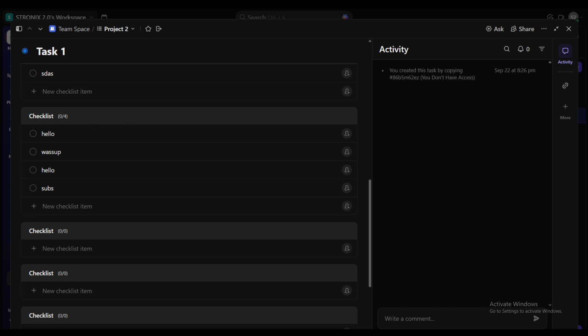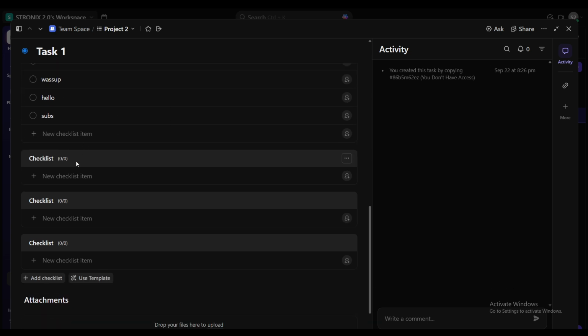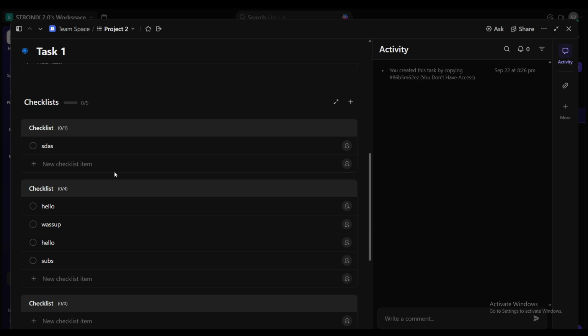Once you've created your checklist, populate it with items relevant to your task. This could be individual steps, subtasks, or reminders. Each item allows you to track your progress, and there's nothing quite as satisfying as checking off each item as it's completed. ClickUp allows you to set up even further customization within your checklists, such as assigning different people to